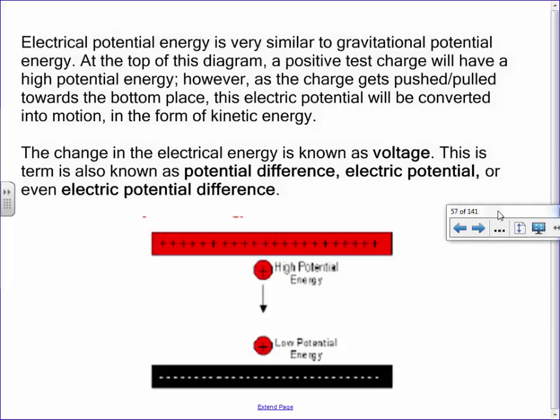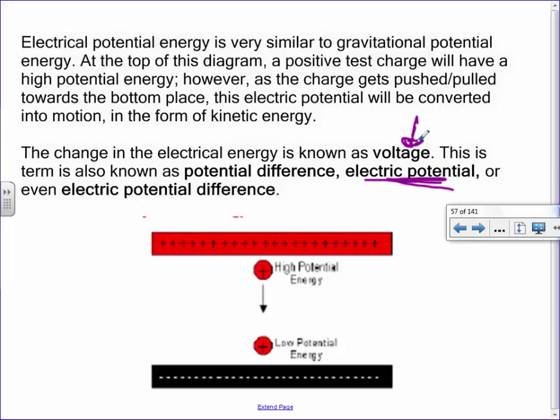So we have a whole bunch of different vocabulary I need you to know, all these words. The first one is electric potential, which is what I gave the title of our notes to, but there are other ones known as electric potential difference, but the most common one we're going to use here is known as a voltage. And I'm sure you've heard that word before. So what we were just describing is how many volts something has. Okay. How much potential it has.